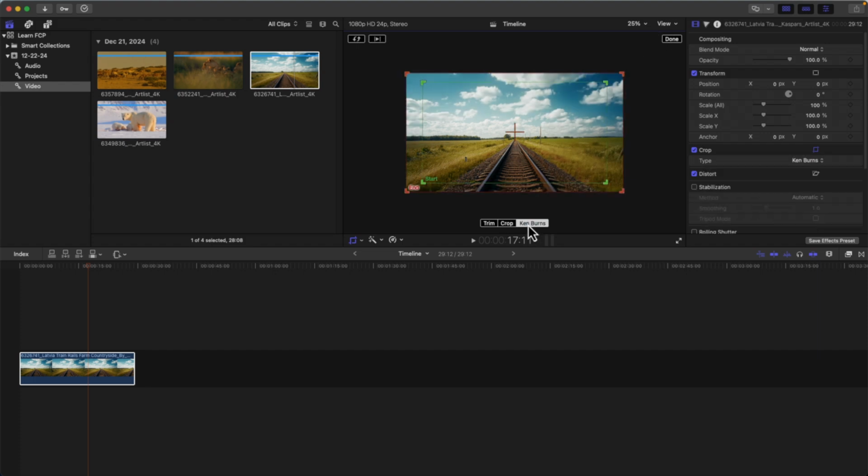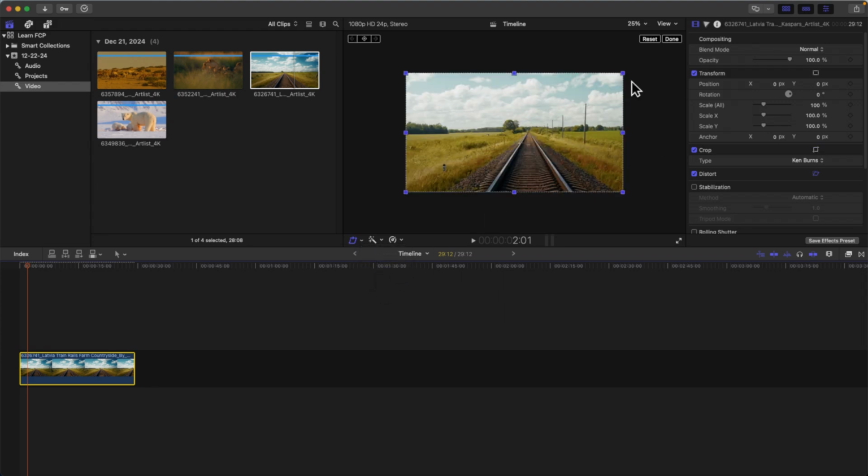Or you have the Ken Burns option, which is essentially setting the beginning point and the end point, and then the actual clip will animate between those points. So if we set a start point and we set an end point and we were to play through this clip, it would start zoomed in to this space, and over the course of the entire clip, it would zoom back out to here. Now, the next thing we have in here is our distort option,